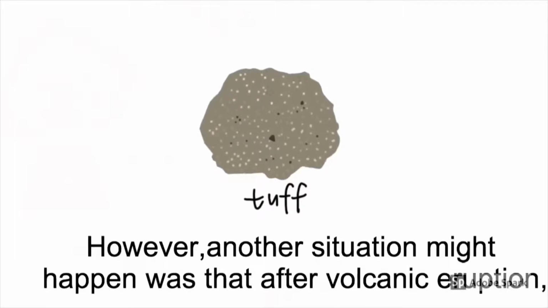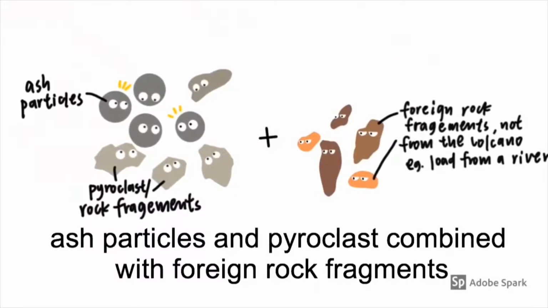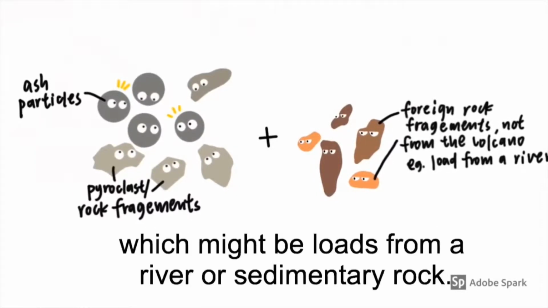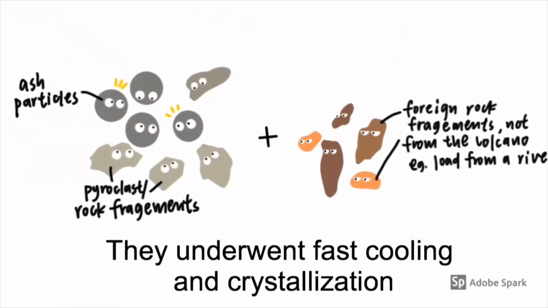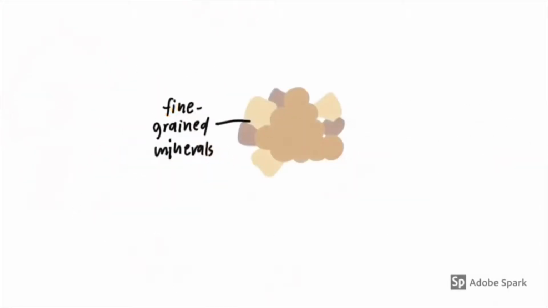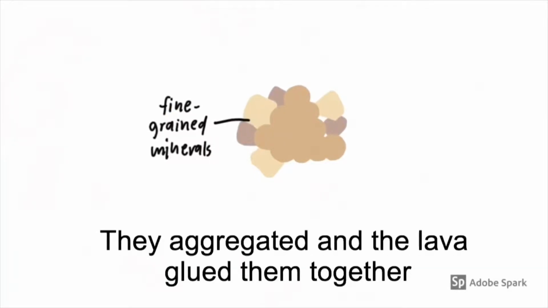However, another situation might happen: after a volcanic eruption, ash particles and pyroclasts combined with foreign rock fragments, which might be loads from a river or sedimentary rock. They underwent fast cooling and crystallization to form fine-grained minerals. They aggregated and the lava glued them together